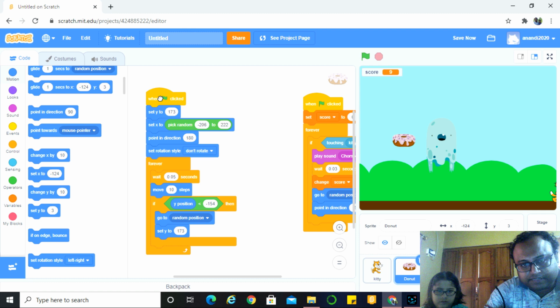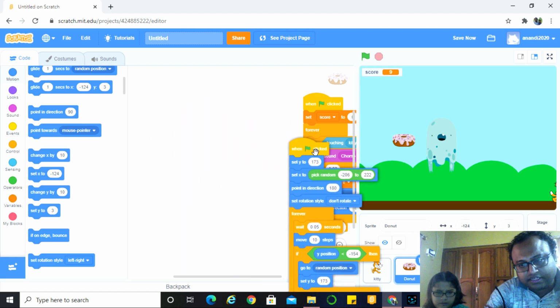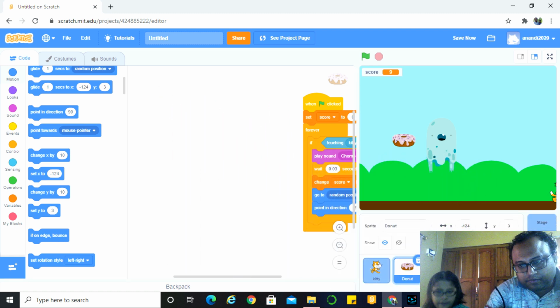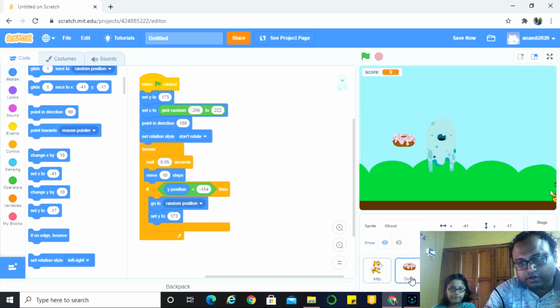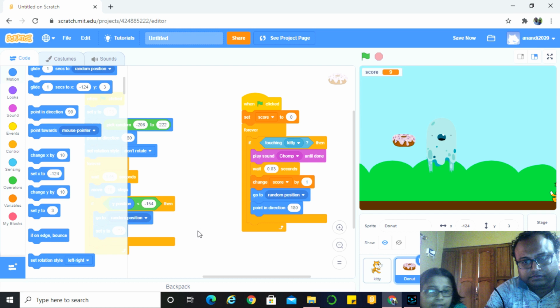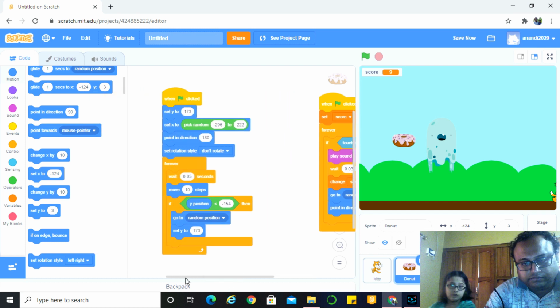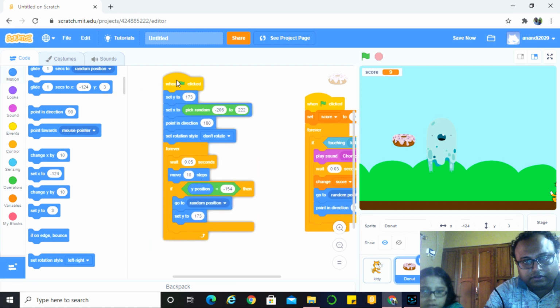So let's drag it, and when the ghost shakes, you can see the block has gone from the donut to the ghost. Okay, so that is done.